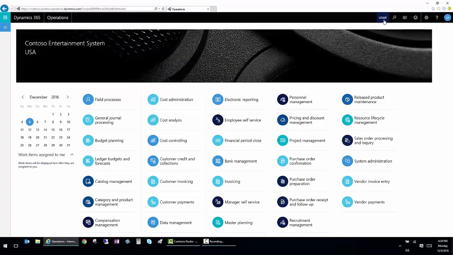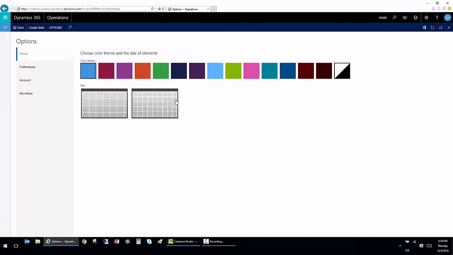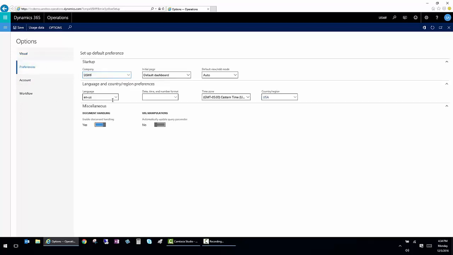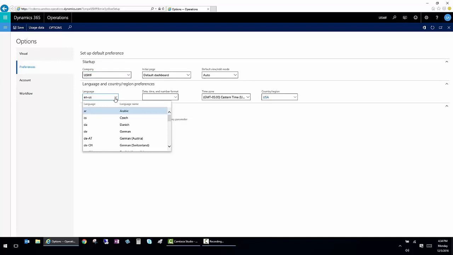From the home screen, we also have the ability to switch entities if there's more than one, and to set our individual user options. Here, under the user options, I have the ability to make the browser look differently and to change the size. I also have the ability to change the language that I'm working in. So for example, if I change this to French,